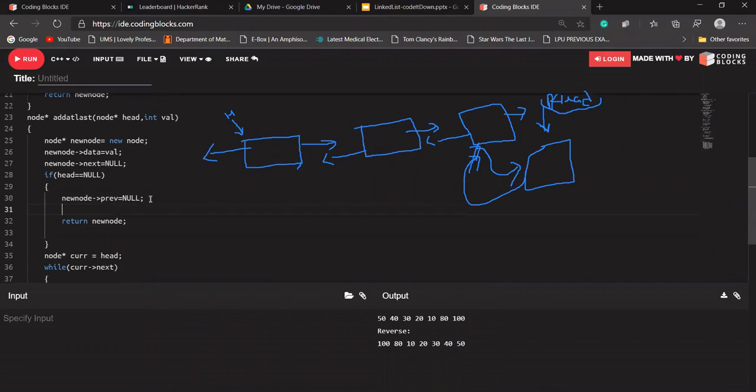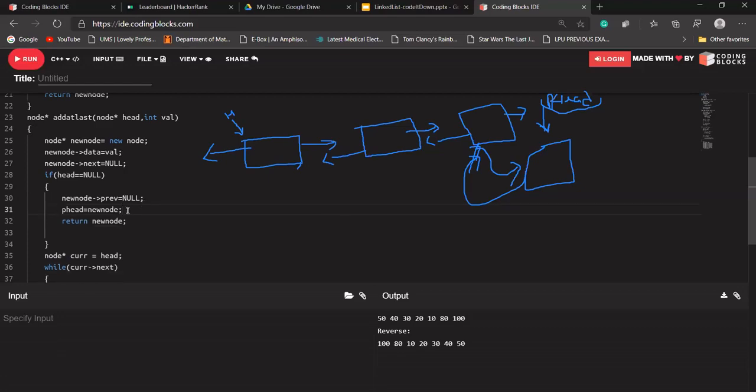So in the starting, when we have nothing in our linked list, we are creating a new node and returning its address to our main function. Before returning its address to our main function, we have p head as well. Try to update p head, because this is the first node we add here.